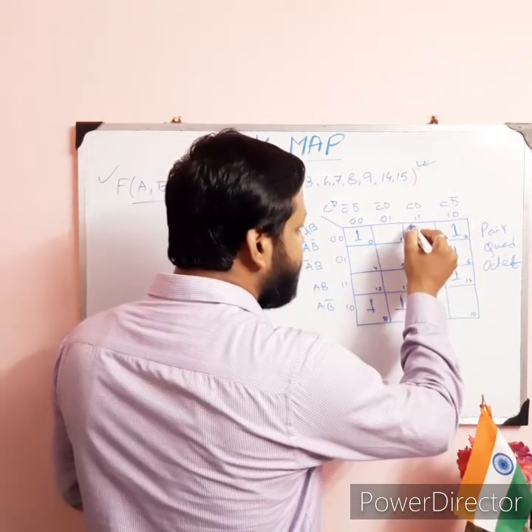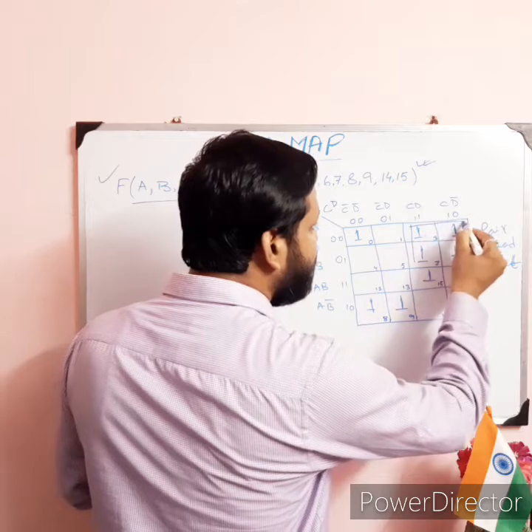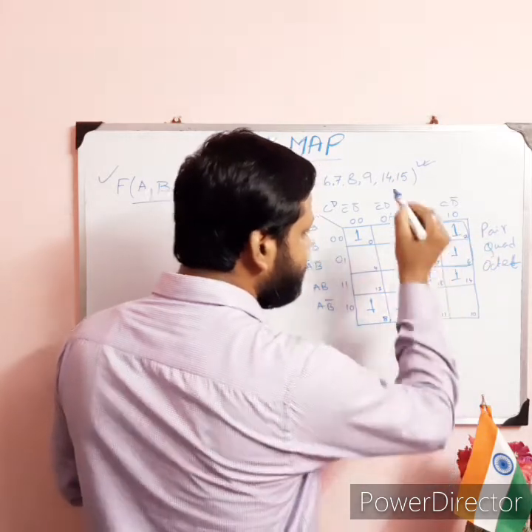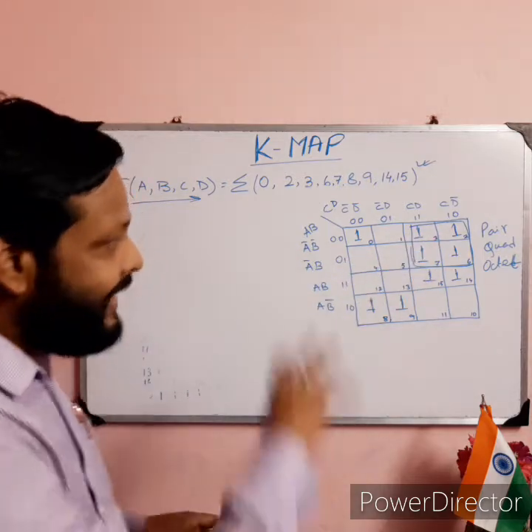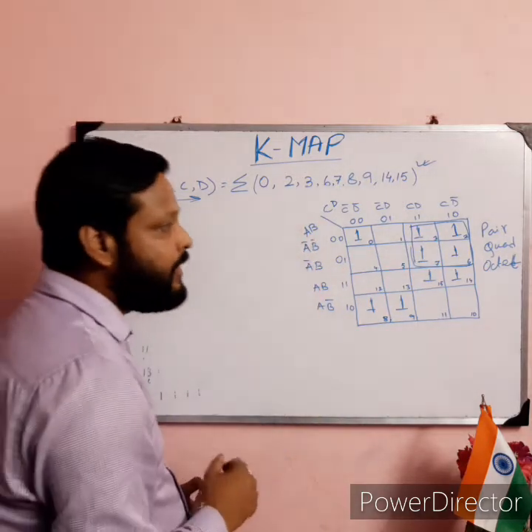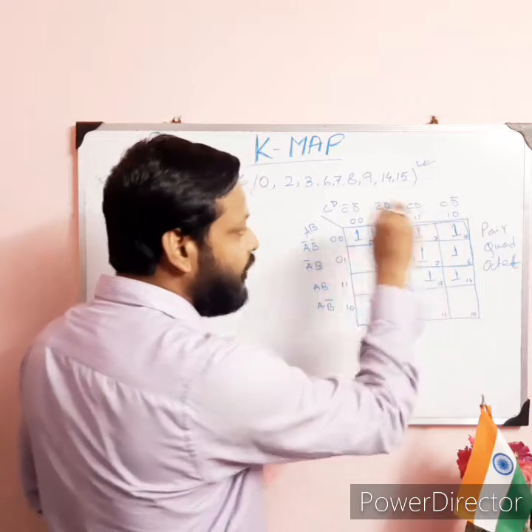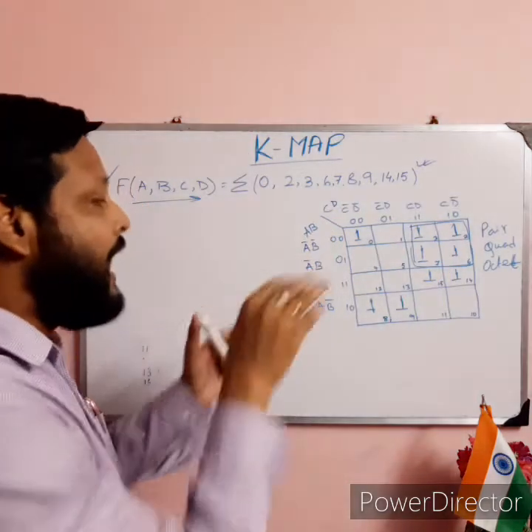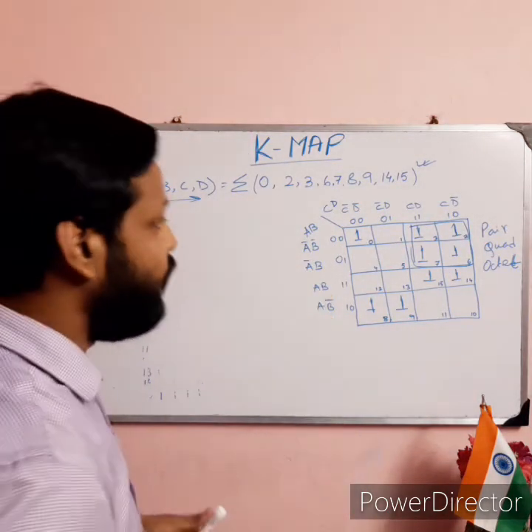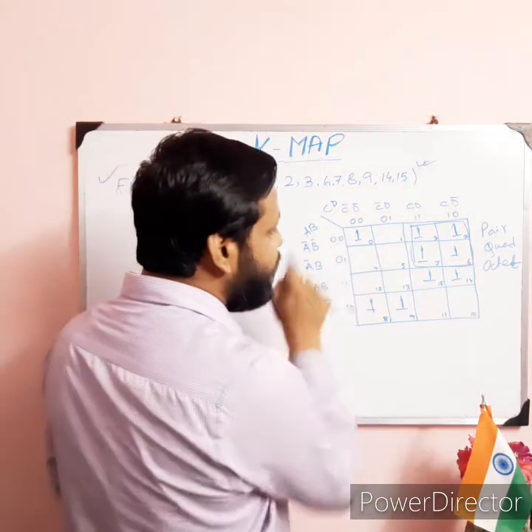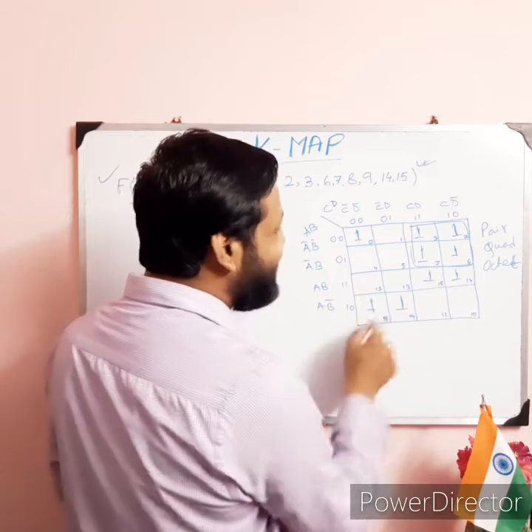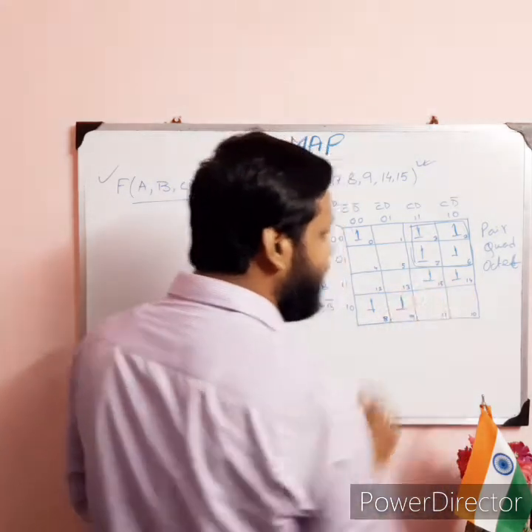So first, very simple things here. Easily we can create one group from 2, 3 and 6, 7. 2, 3 and 6, 7. One group is already created and this is a quad, and this is all in symmetric form, because if you fold it from there, you can find out all 4 are in the same position. Next, what is left? This one is left, here 2, 1 is left and here 1 is left.